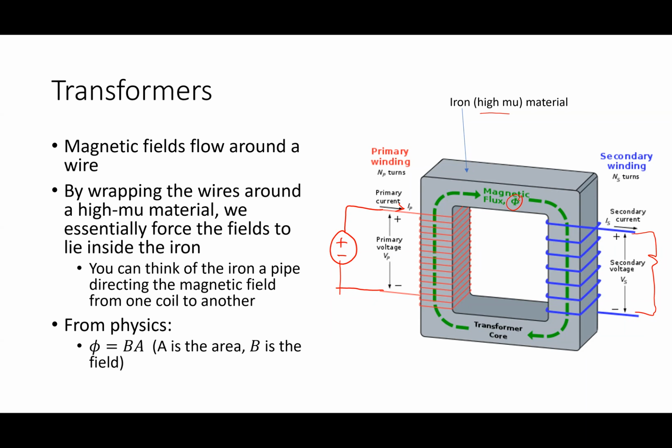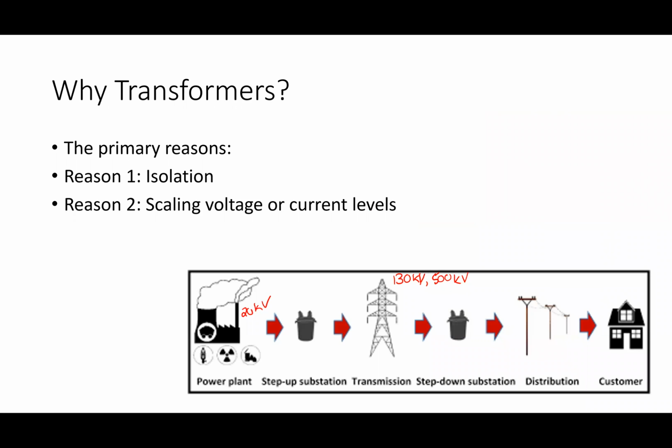So basically each winding can be its own independent circuit. And that is useful for us to be able to do things that way in a lot of cases. We have to do that in a lot of cases. All right, so those are our two reasons for them, and you see them all over the place.